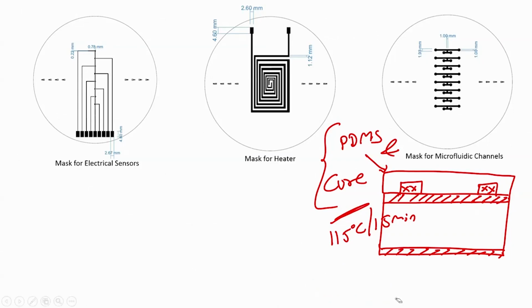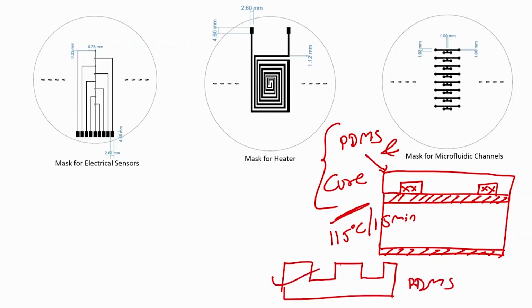Let me just redraw it. These channels, right, because there was SU8, this is PDMS. When you pour the PDMS and cure it, and when you peel it off, you will have PDMS as shown in the schematic, this one. Okay. Now, what do you have? You have